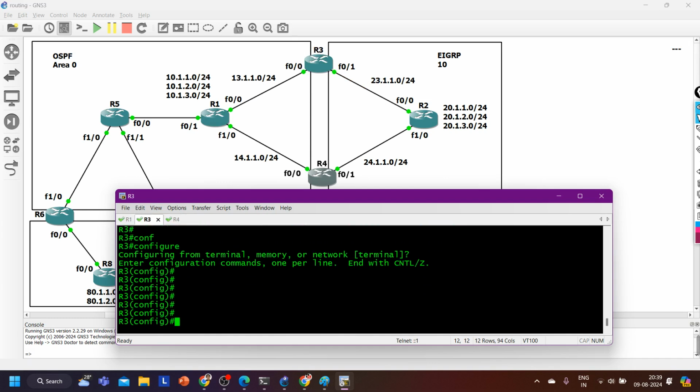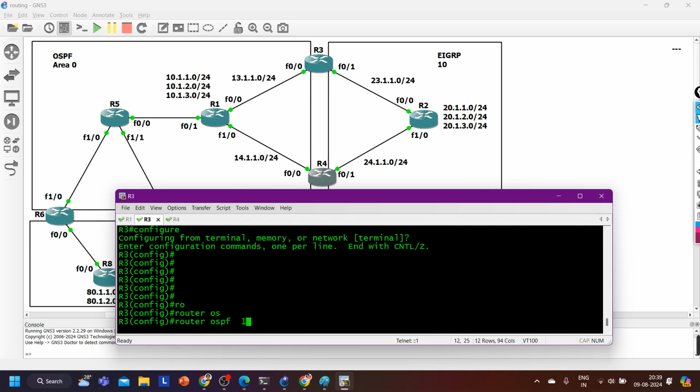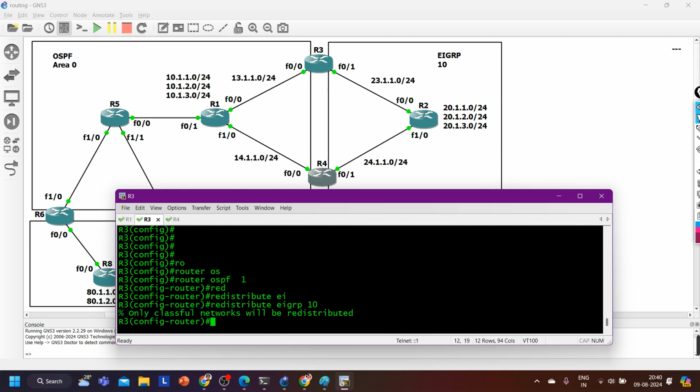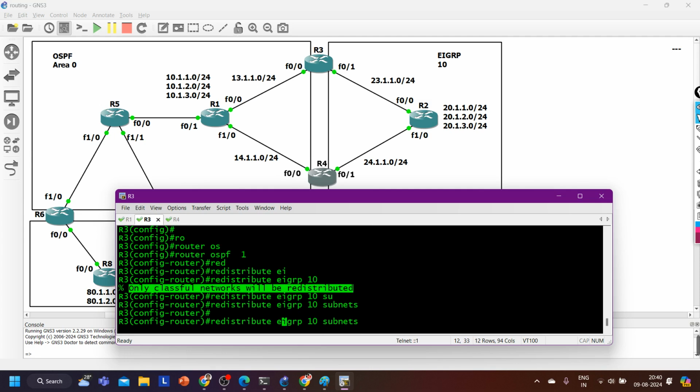And here, while redistributing, under router OSPF process ID 1, say redistribute EIGRP AS number 10. If you hit enter like this, first of all, only classful networks will be redistributed. If you want to redistribute classless networks also, you have to use one keyword here, that is subnet, right? Again, if I am running the command like this,